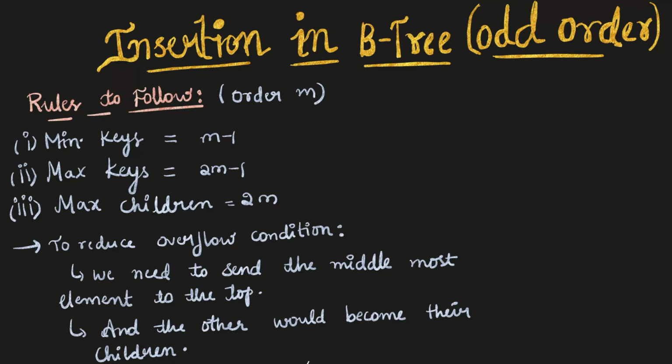Welcome back to my channel, and in this video we are going to learn insertion in B tree, but for odd order. So there are basically three rules to follow. The first one is minimum keys. That means